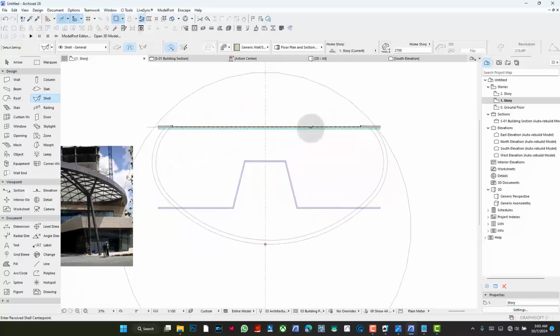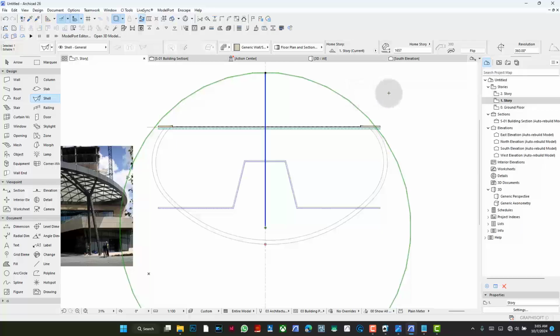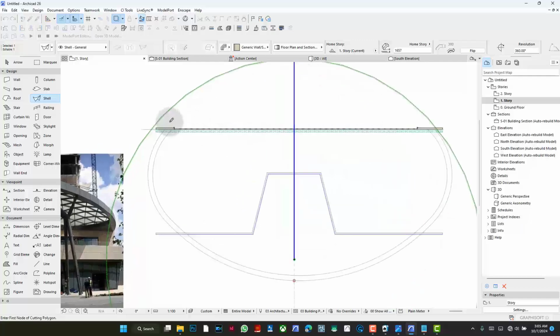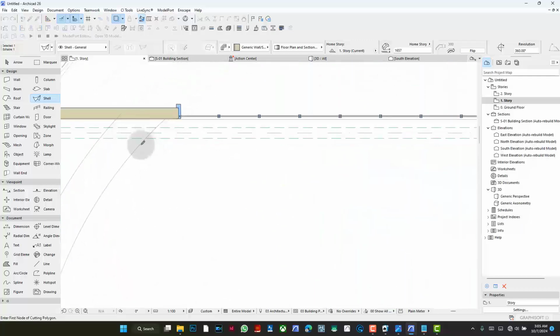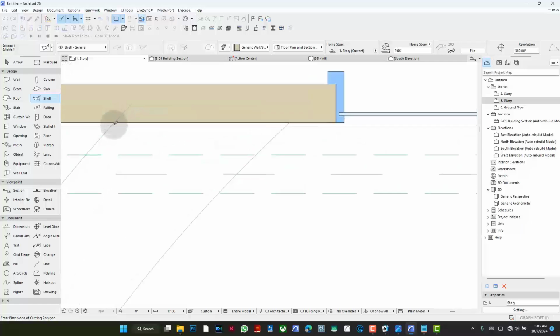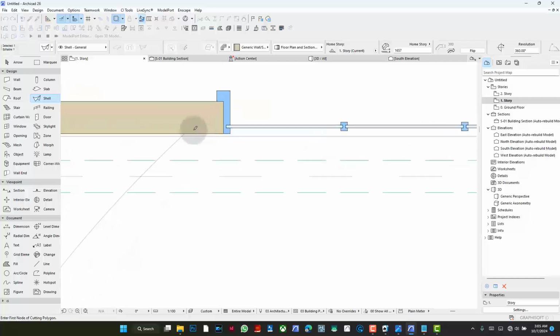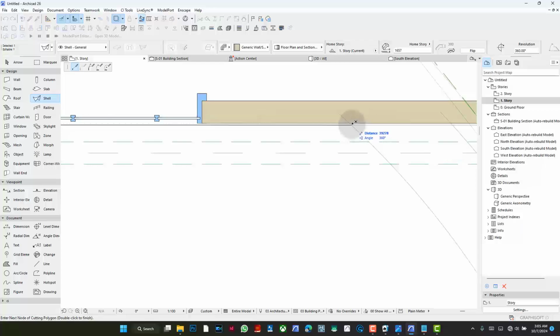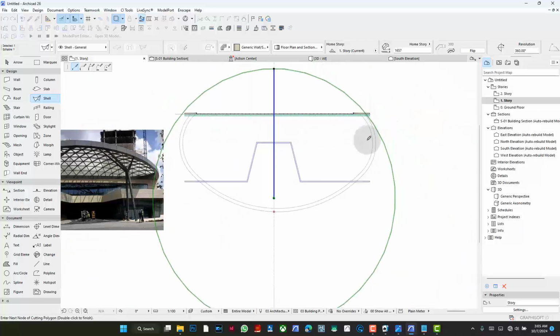Alright, so next thing I want to do is, after I select the shell, I will right click and say define shell contours. Once I begin that, I'm just going to draw out what portions of the shell I want to utilize. So I'm going to use the inner one. I could make a bit of an adjustment for the outer one. I'm going to start over here. I'm going to reach here. Then I need to find the points. There is one here. The points I had created when I drew them earlier, there's one here,